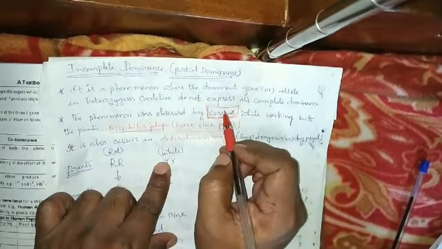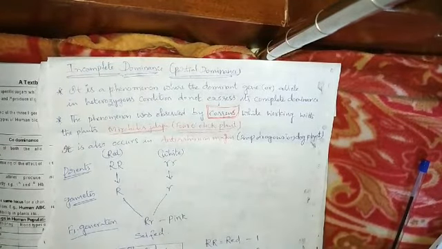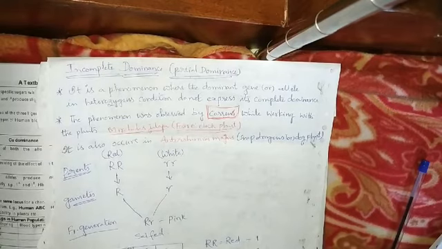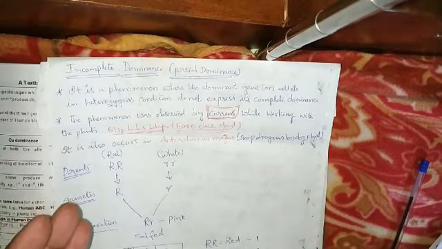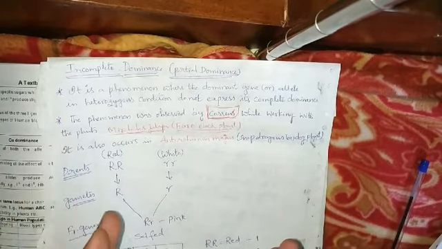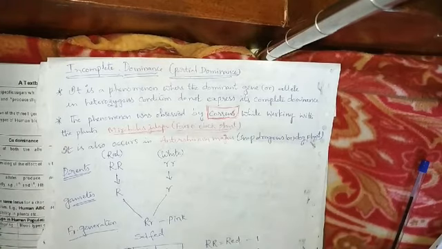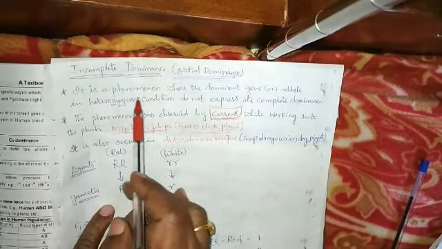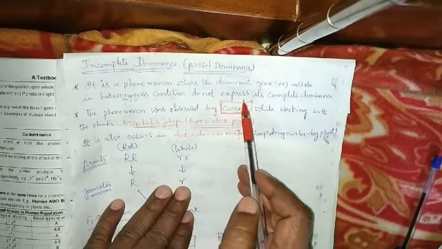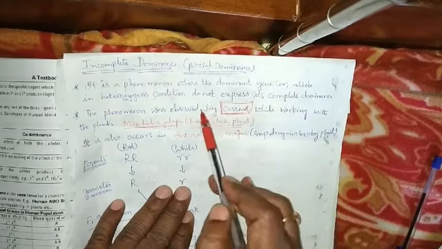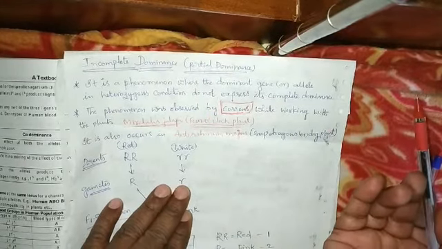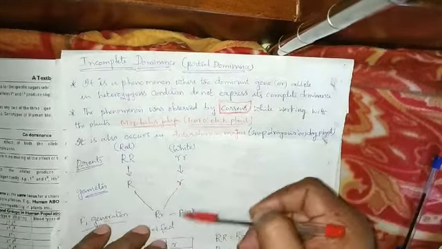According to the law of dominance, one dominant allele suppresses the other allele and expresses the character. That is called the law of dominance. But here, a mixed character can be incompletely dominant over the other allele and it gives an intermediate color. So it is called incomplete dominance. The definition: it is a phenomenon where the dominant gene does not express its complete dominance and it shows an incomplete character. Let us see what is happening in this incomplete dominance in the cross.